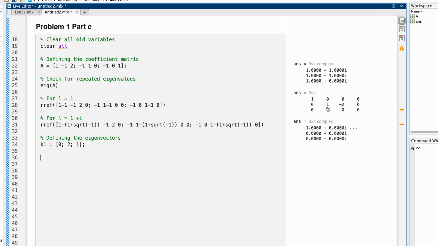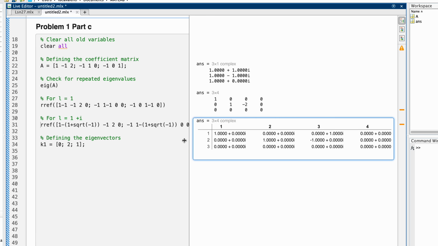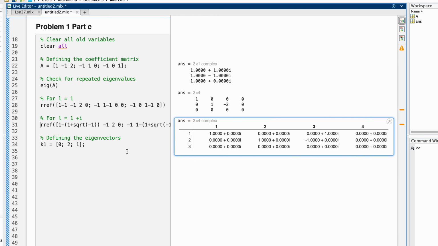Then how do we deal with this other answer? This is a complex answer. But first of all, we'd like to see the whole matrix, right? So the whole matrix tells us, let's do it like this. Awesome. So the first matrix tells us that we can decide the third row,